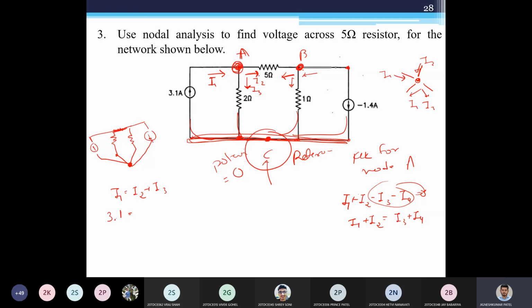What is the value of I2? Now I2 is the current flowing between node A and node B. So I have to write an equation for the current inside the 5 ohm resistor, what would be the value of I2. So we know that the current I is equal to V by R. So here, if I know the voltage difference,